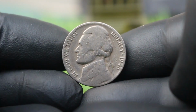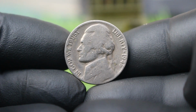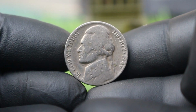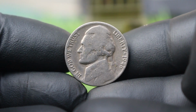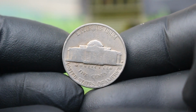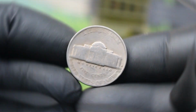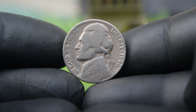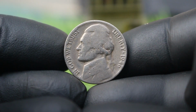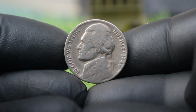In 1946, the U.S. Mint was still using the design by Felix Schlag, which had debuted in 1938. However, there were slight variations in the strike and quality of these coins compared to earlier versions. The 1946 Jefferson nickel was produced with several 100 million examples minted in various locations, including Philadelphia, Denver, and San Francisco. The 1946 Jefferson nickel had a relatively high mintage across all its varieties, with a total production of approximately